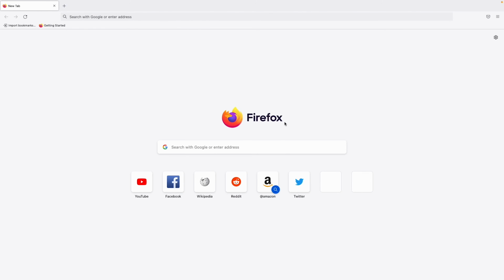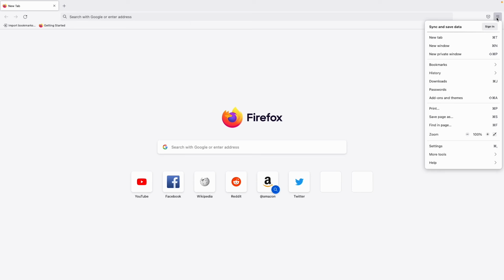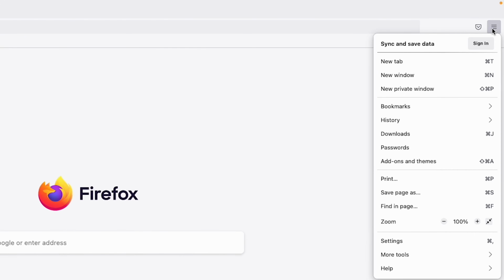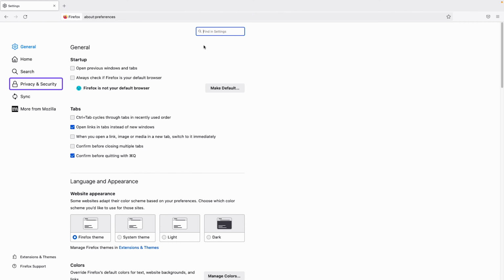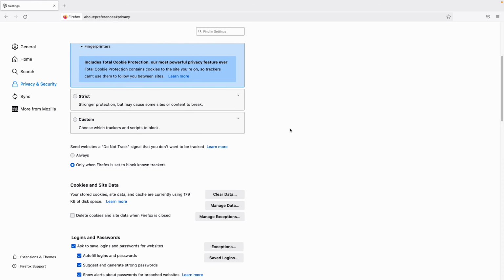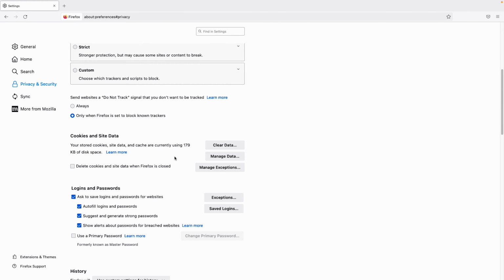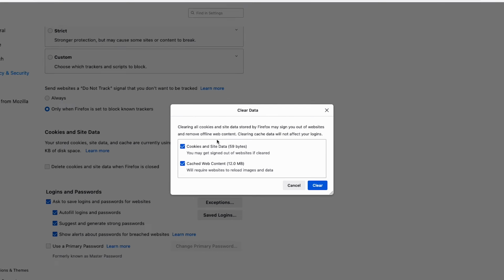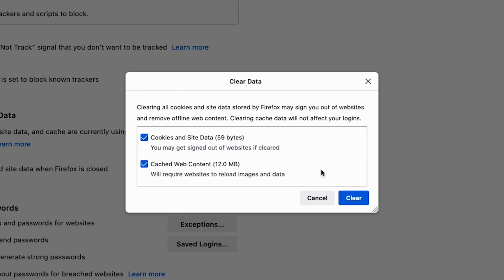To clear cache on Mozilla Firefox, start by opening the menu in the top right corner. There, simply click Settings. Now, let's navigate to the Privacy and Security tab. Scrolling a bit down, you'll see the Cookies and Site Data section. Clicking on the Clear Data button here will allow you to clear cookies and site data as well as cached